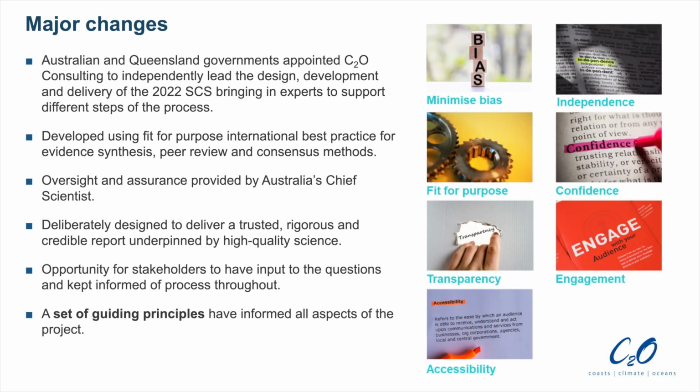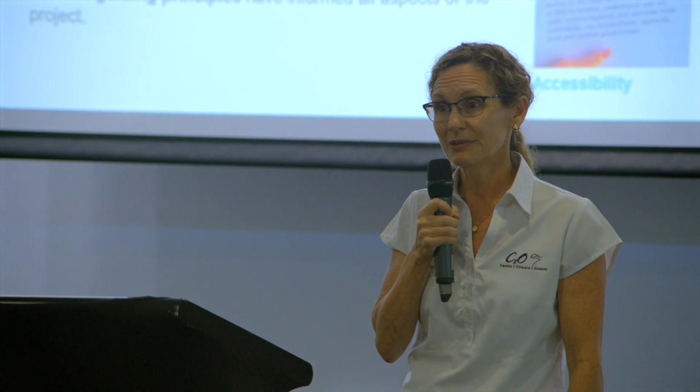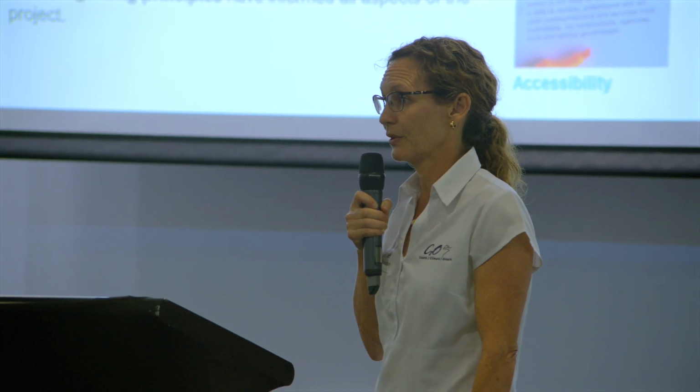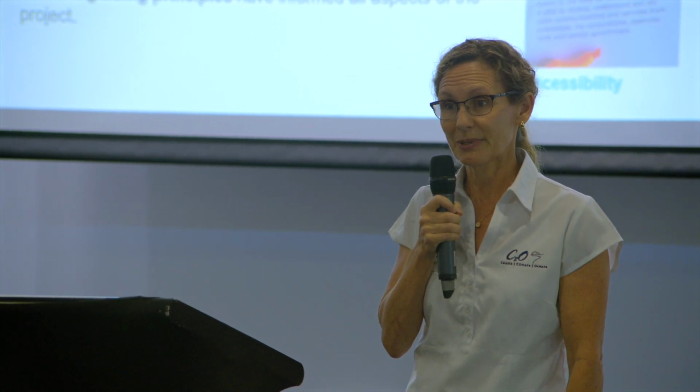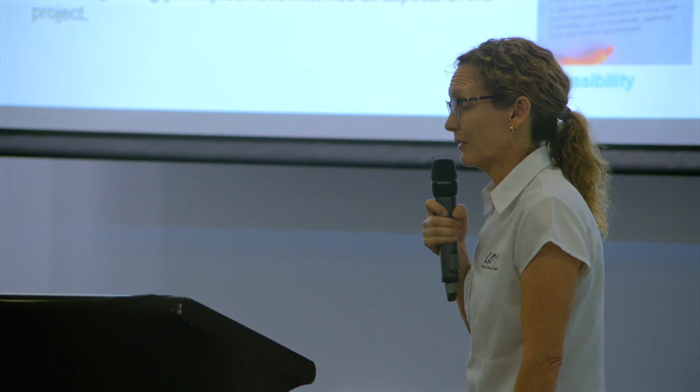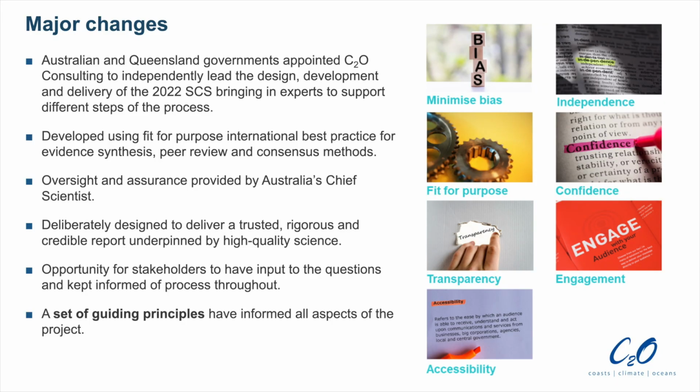So that we can assess whether or not we've done a lot of those things, we had a number of guiding principles that were defined by a number of groups involved. So our chief technical review group is the Independent Science Panel. And Dr. Foley also had input to what these principles should be. So it's about minimising bias in terms of the author's compilation and synthesis and communication of the final conclusions,